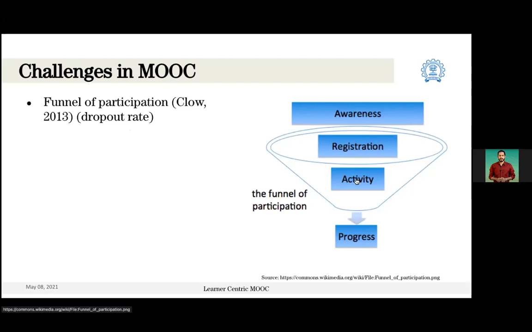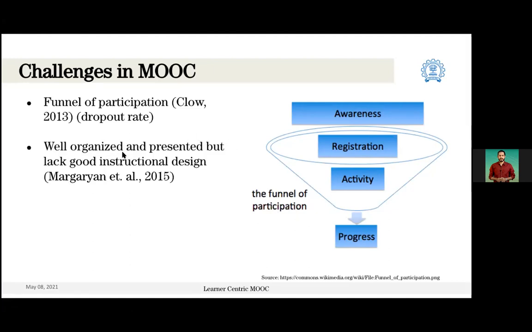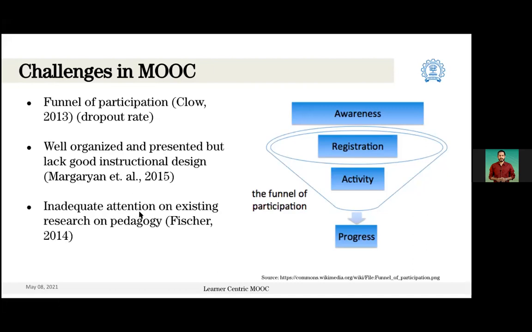Then students who actually do the activity get reduced, and there is less participation and less progress towards completion of the course. So these are the challenges of the MOOCs. And why? Because sometimes MOOCs are well organized and presented, but they could lack good instructional design. Similarly, inadequate attention is given to existing research on pedagogy specifically. So these could be the challenges in MOOC settings.